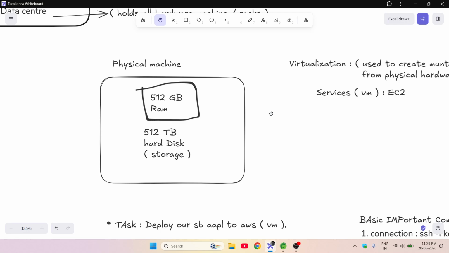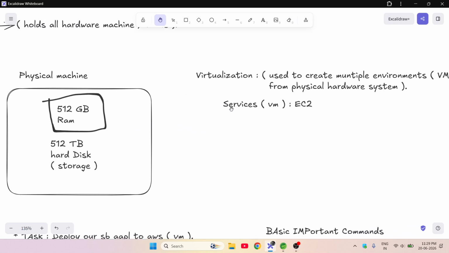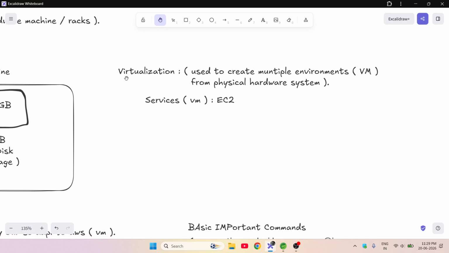In order to solve our problem, if we want a machine with less storage from that physical machine, what do they do? They implemented a feature called virtualization. This is a technique through which we can create multiple environments